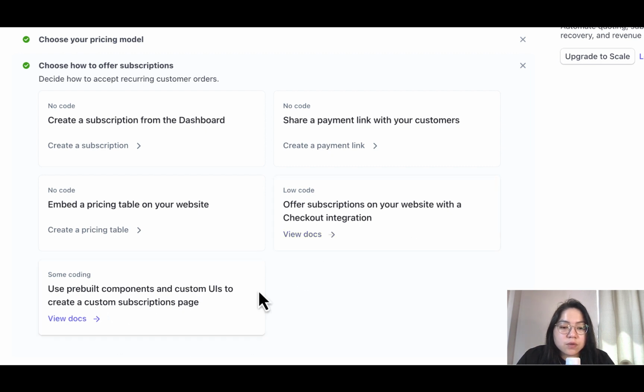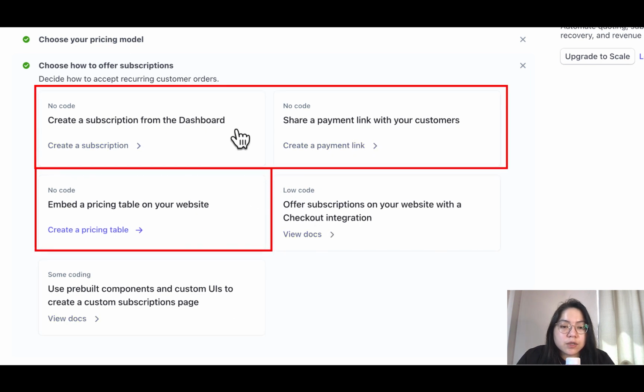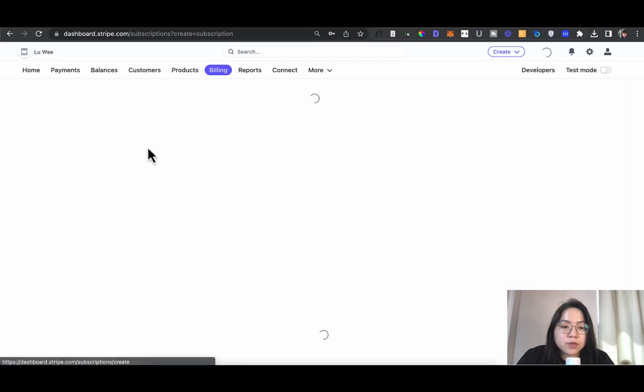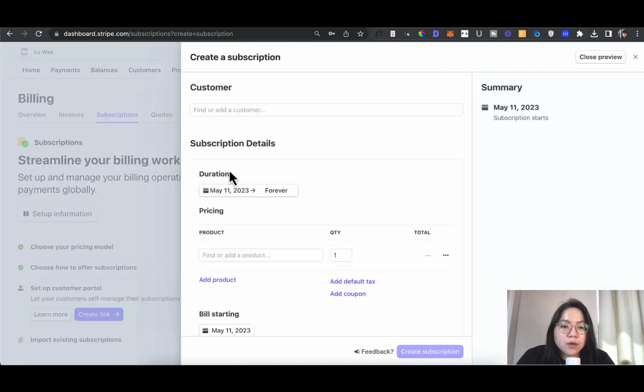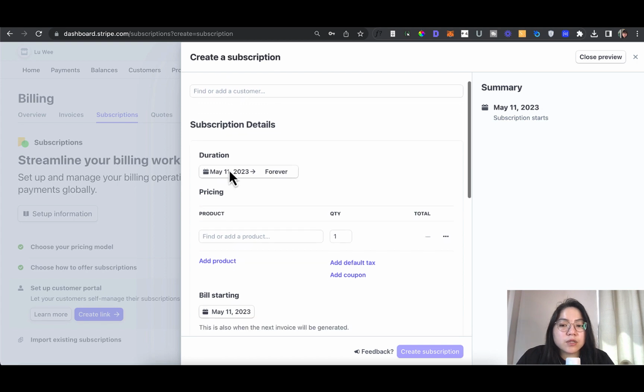Okay, so these will involve a bit of code, so I won't be covering that in this tutorial. We'll be focusing on just these 3 types of subscriptions for now. Let's take a look at how this one works. This would be if you have a customer in mind already, they want to buy, and you're like, oh okay, I'm just gonna create this